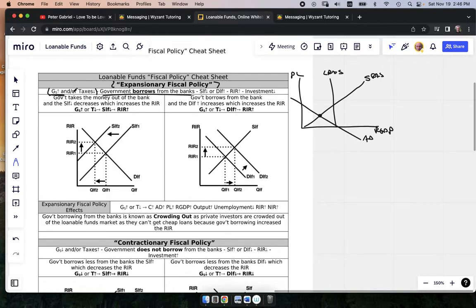And we're going to say, because they never take in enough taxes to cover their government spending, especially if they're lowering taxes. So for them to spend more to get us out of this recession, they're going to have to borrow. And we're going to say they're going to borrow from the banks. Remember, your loanable funds graph, let's just use this one. Your loanable funds graph is what we call money in the banks. That's the way we want to look at it. So you should know this very clear, because crowding out is what's going on here.